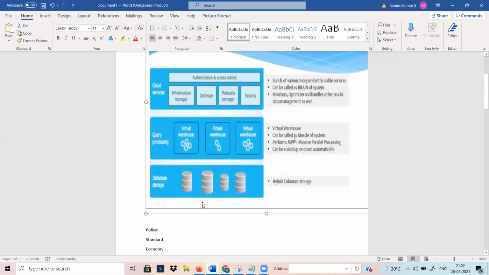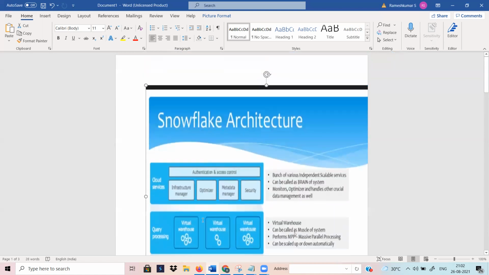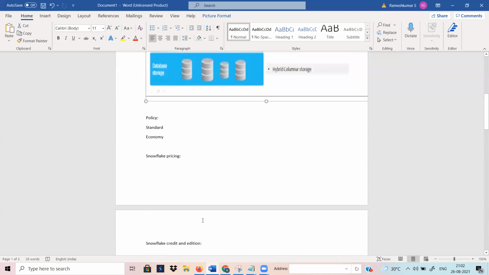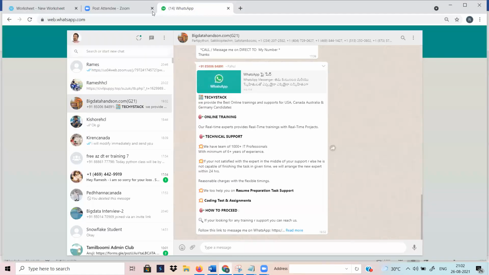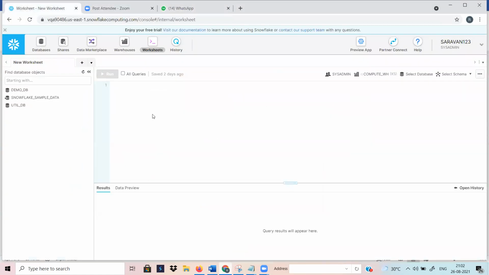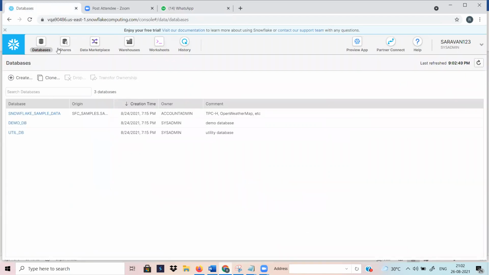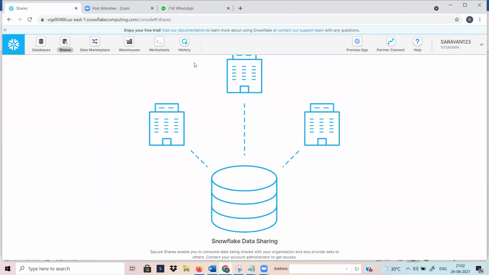Okay. So then next we can talk about the policy. Before the policy, we can log in here. This is the database we already saw yesterday, right? This is shares, which means you can transfer the data from one cloud to another cloud, one machine to another machine.